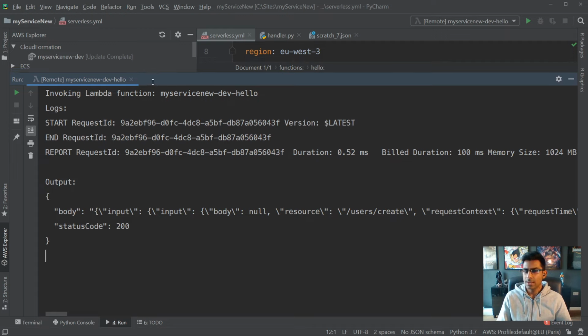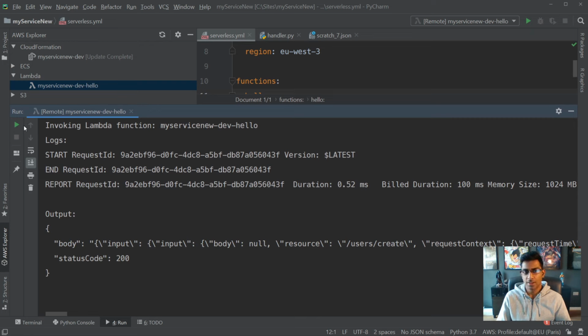Now, why would you want to do it in your IDE? One, it's super quick to actually get back a response. But more importantly, when you're developing and you make a mistake, or you want to debug something and you print something to, let's say, CloudWatch as an example, when you use something like Postman or your browser, you're not going to have the entire data come back to you. What you're going to have is just, I believe, an error code. I'm not too sure exactly, but over here you will see the output. So you'll see your logs. And that's really, really useful when developing